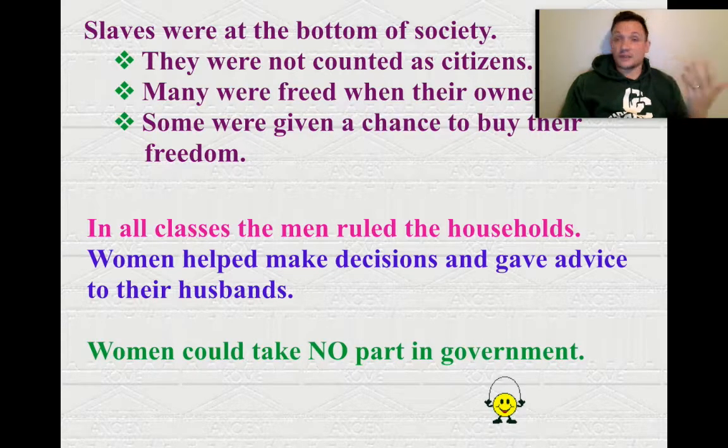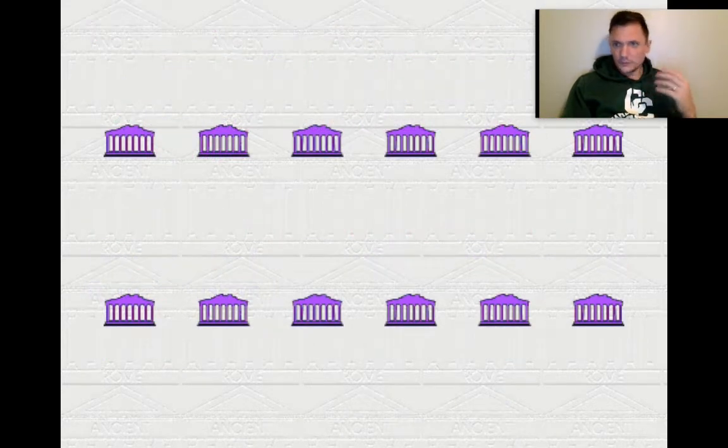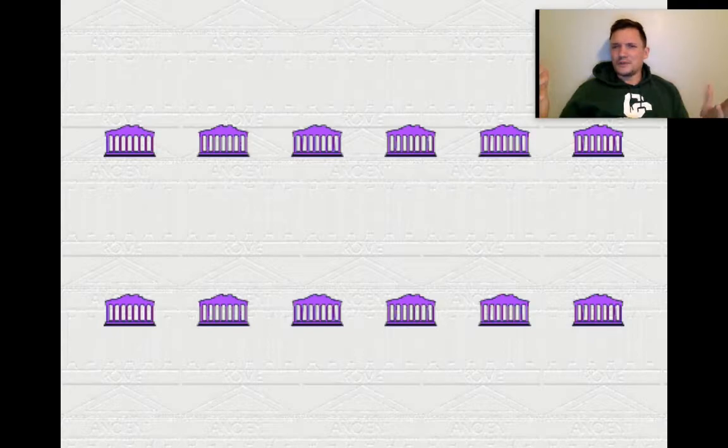And just like in Athens, the women had a very limited role in society and a non-existent role in the government. And then this decided to happen. Because really quick, who is this unfair to? Like, who is this whole system really, really unfair to? Because who are the only people allowed to initiate government or participate in the government? Just like in ancient Athens, the wealthy were only allowed to participate in government.